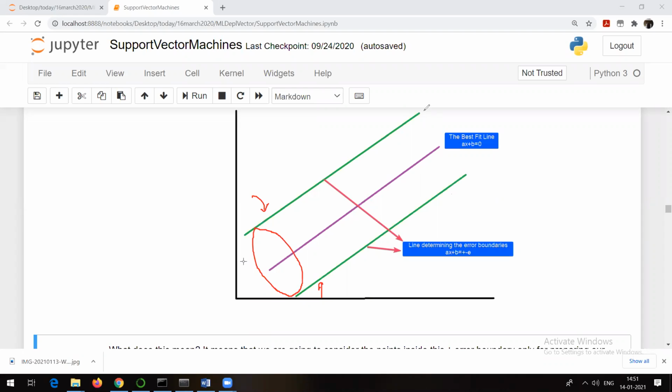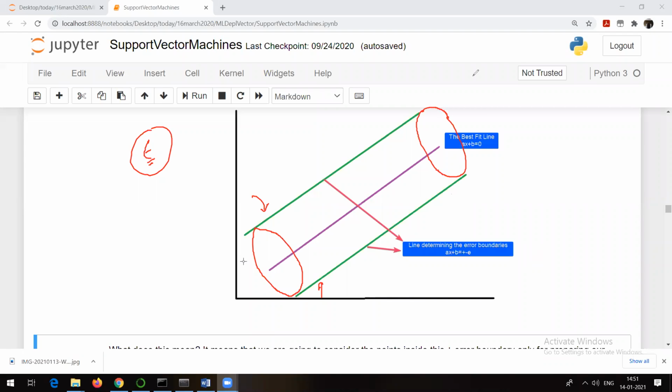These error boundaries will be drawn in such a way that they include the maximum number of data points with minimum error. Are you getting it, Sharon? That is the use of these boundary lines, and they will be drawn by adjusting the value of epsilon. Who will take care of this? SVR will take care of that, right?